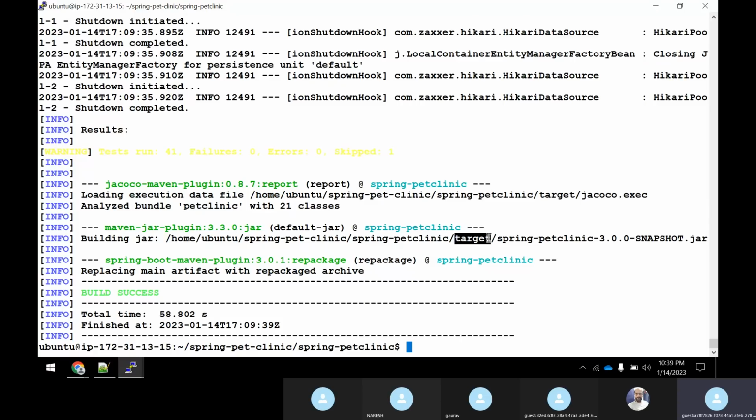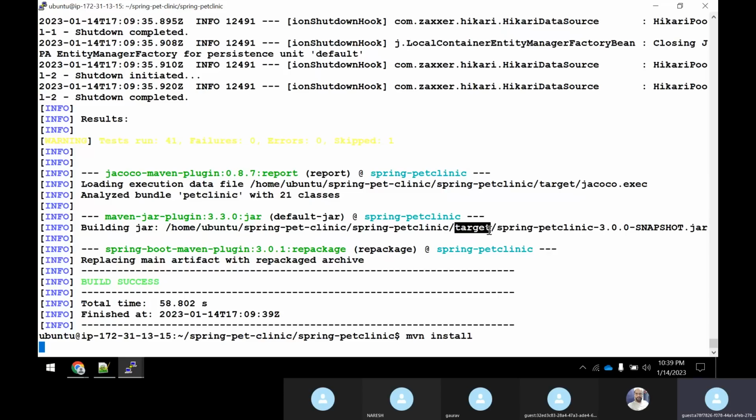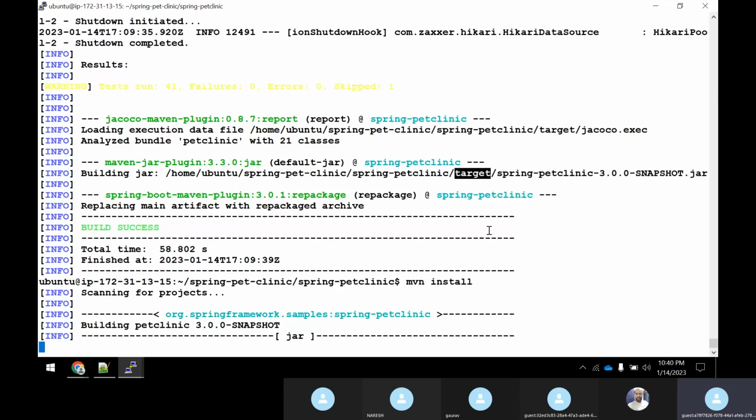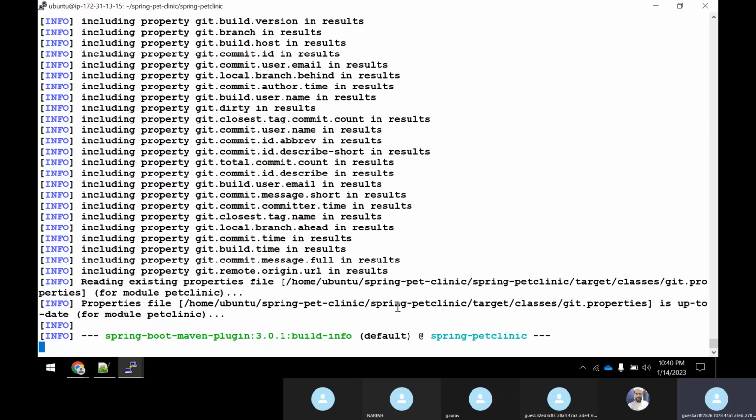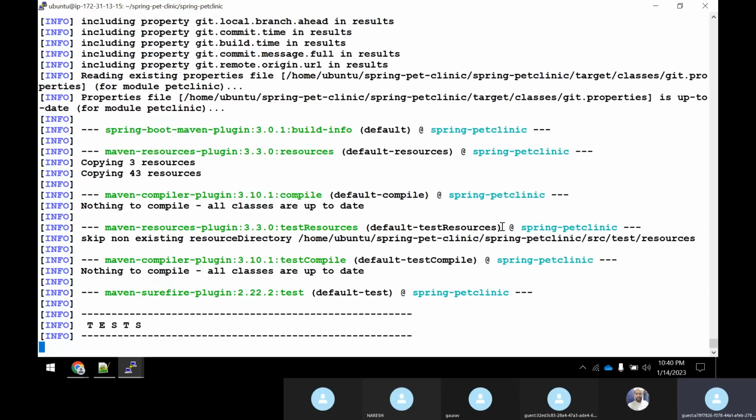Now, when I do an mvn install, see what is happening. Just carefully watch. So what will mvn install do, guys? Whatever jar file is there, it will try to copy that jar file under your .m2 directory.